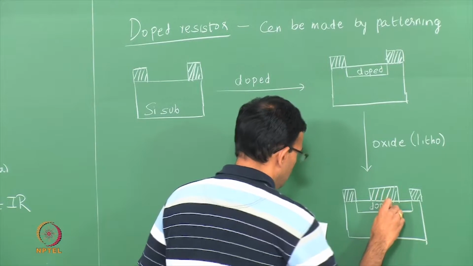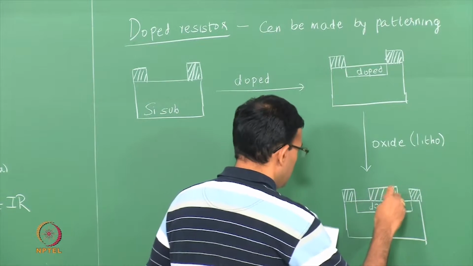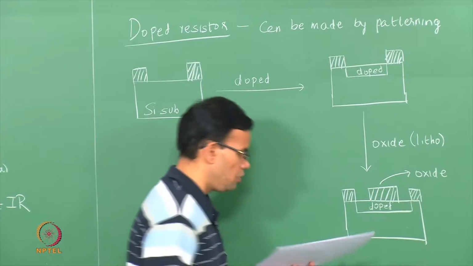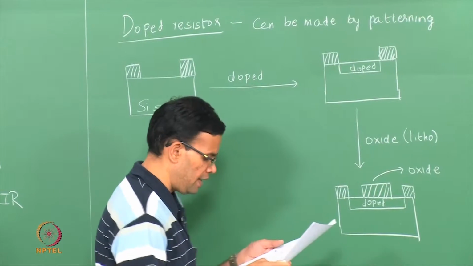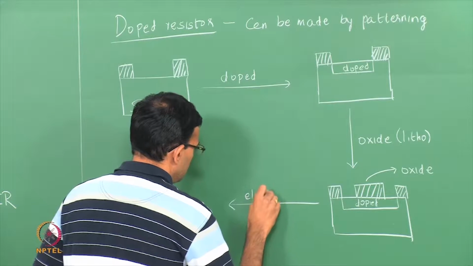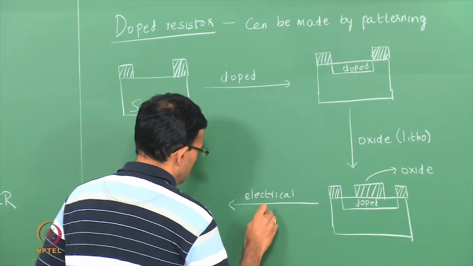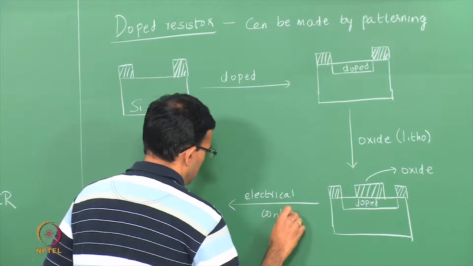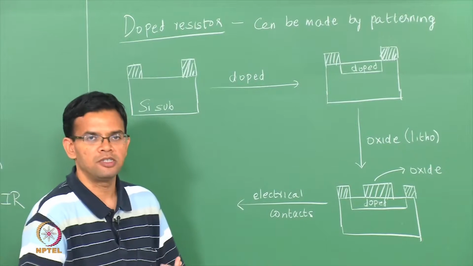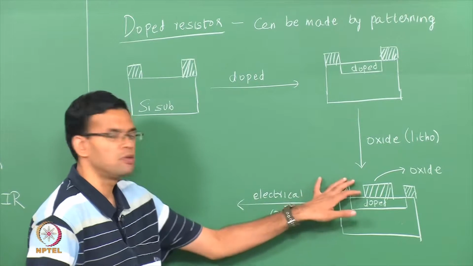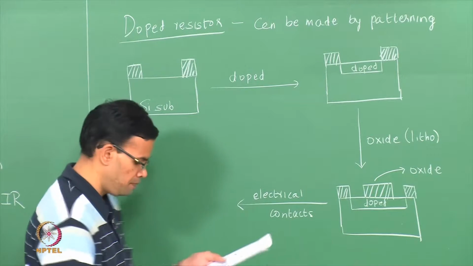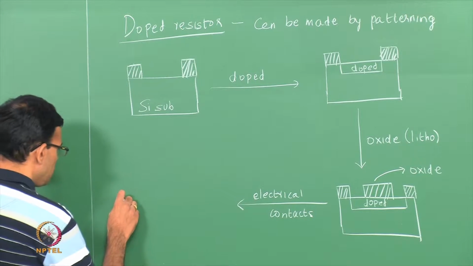So, this is the doped region, this is your oxide layer. So, you have the doped region and you have the oxide layer, and now you can make electrical contacts. You can make electrical contacts by simply vapor depositing metal on top of the doped layer, and then by etching you can remove the excess metal away. So, if you do this,